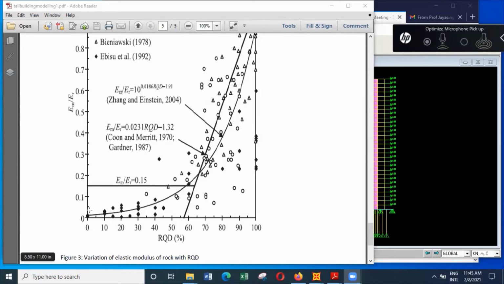So if the elastic modulus of intact rock is 20 kilonewtons per millimeter squared,